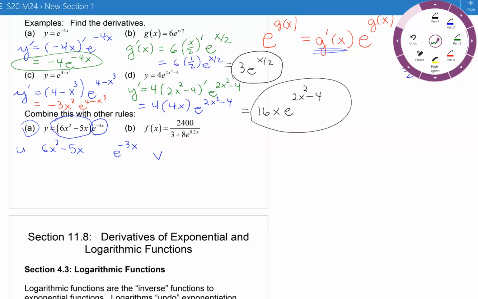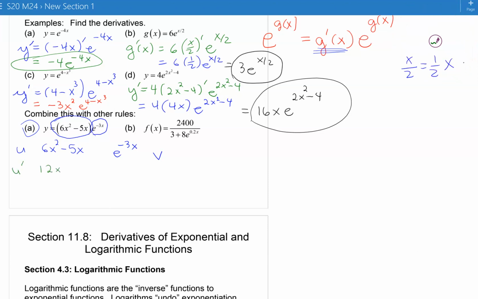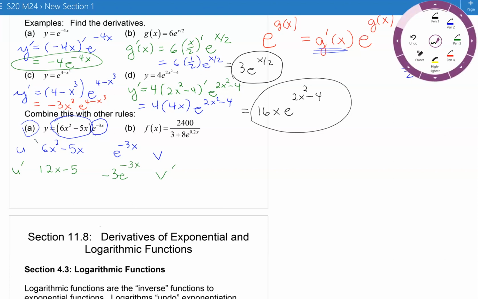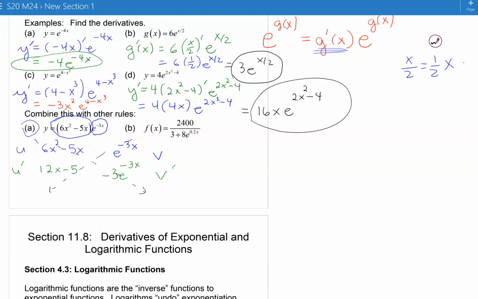So then my u prime is going to be 12x minus 5, and my v prime is going to be negative 3 e to the negative 3x. And then I'm going to multiply to get my product rule, and I'm going to have 12x minus 5 times e to the minus 3x plus 6x squared minus 5x times negative 3 e to the negative 3x,